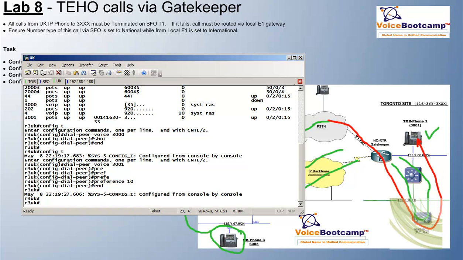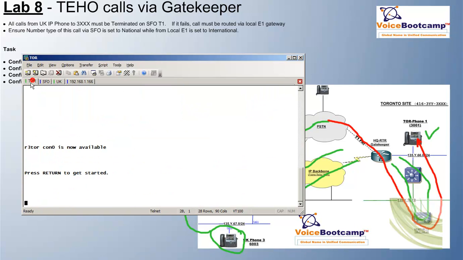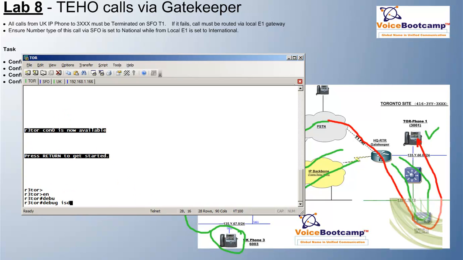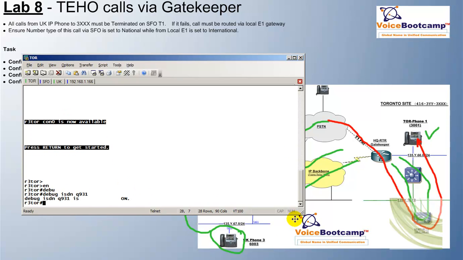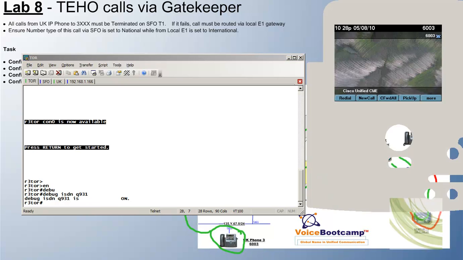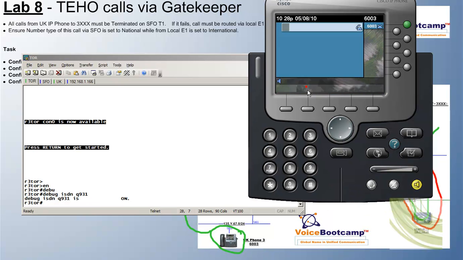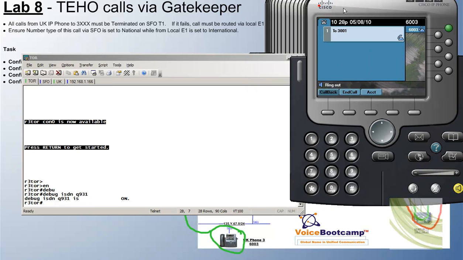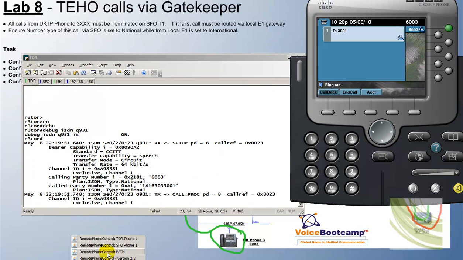We want to be able to route this call so it will come via the T1 in Toronto. We can enable debugging on this router to see if the call actually arrives, and I can dial from this particular phone. It says ring out, and I